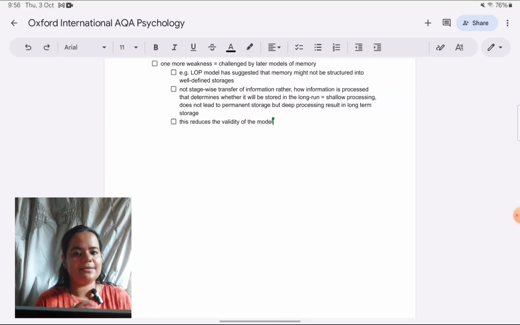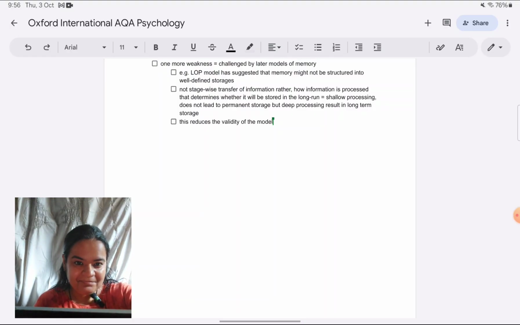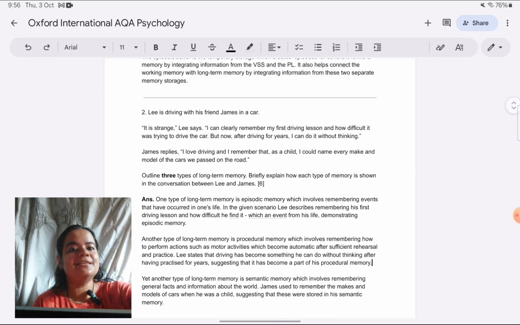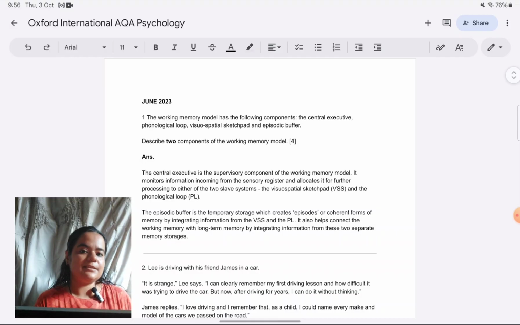Second, writing practice is not there, just reading and reading from the textbook. So that approach is not good. Keep on writing, make your own answer frames, your own outlines, rather than relying on ready-made ones from revision guides or textbooks. Okay, so I hope this lesson has been helpful to you.